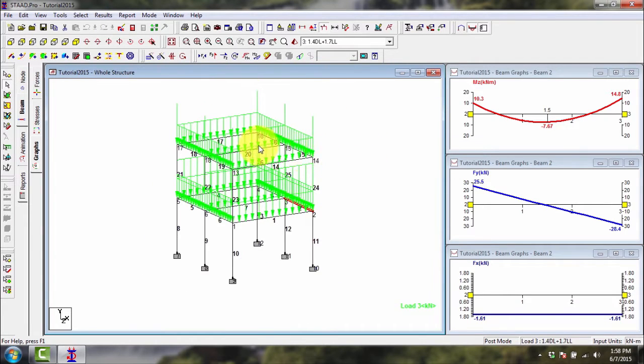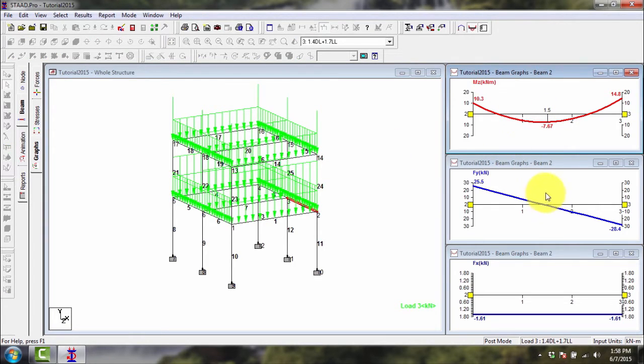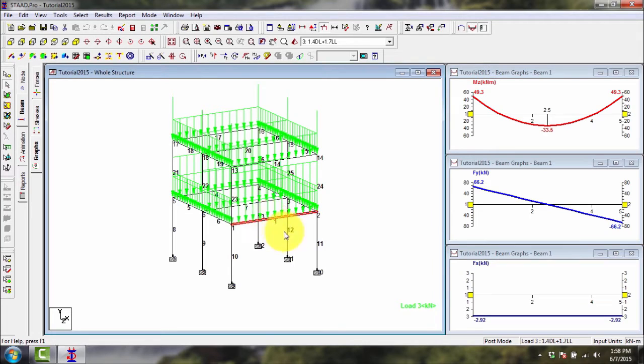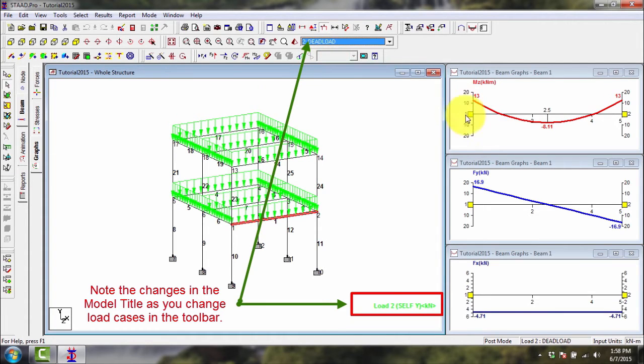This is the moment and shear diagram. Okay, so for example, this beam 1, if you select that one, this is the moment and the shear diagram of beam 1 on this load case. If you want the load case dead load, then this is the shear and moment diagram